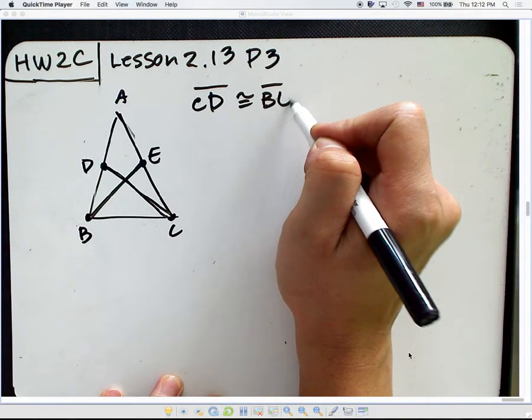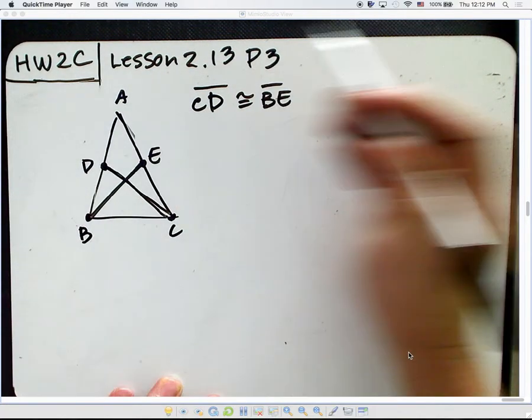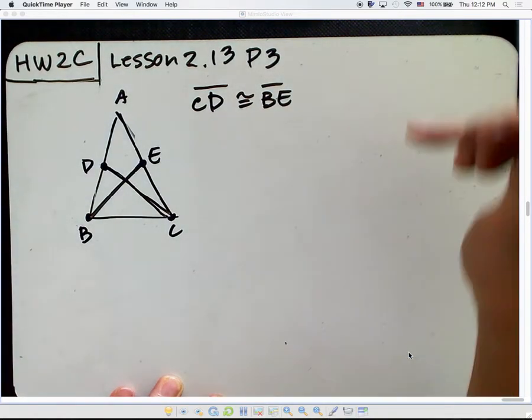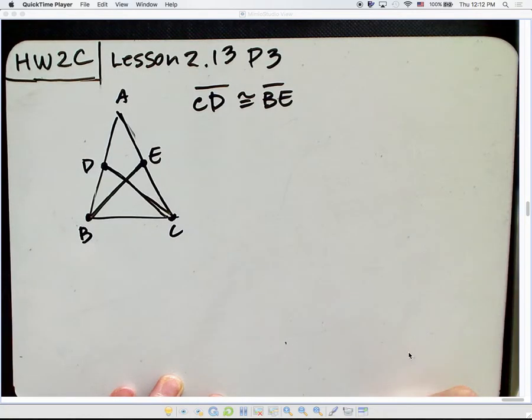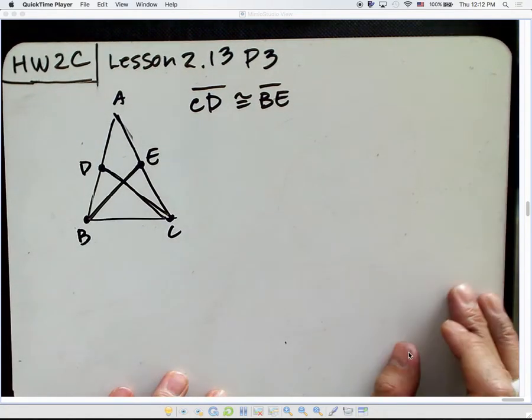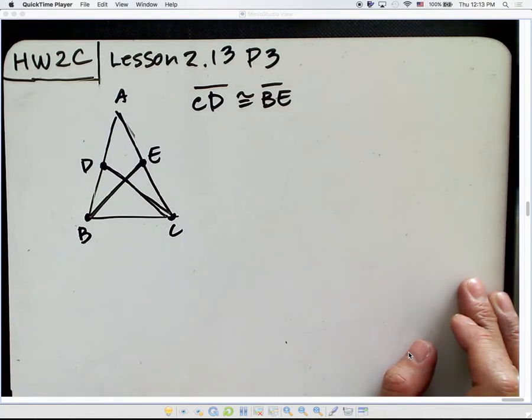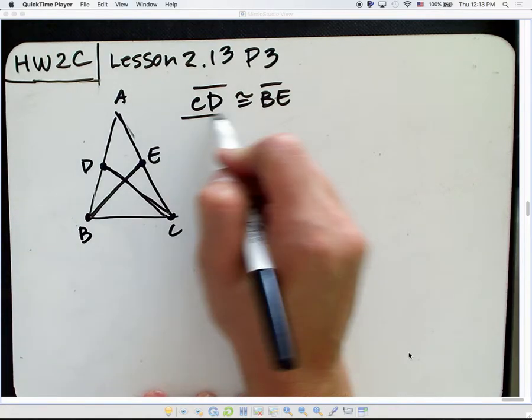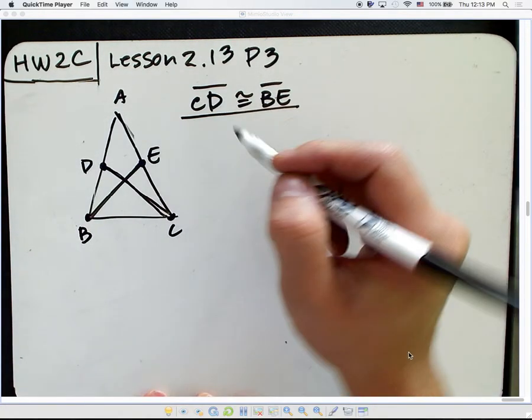So that's what we want to prove, which usually we have at the end, right? Usually we start out with the givens and write the conclusion at the end. That's one way to write a proof. But the problem says you have to use the reverse list, so we're going to go backwards. So in order to say this, what do you have to say? Well, you have to use